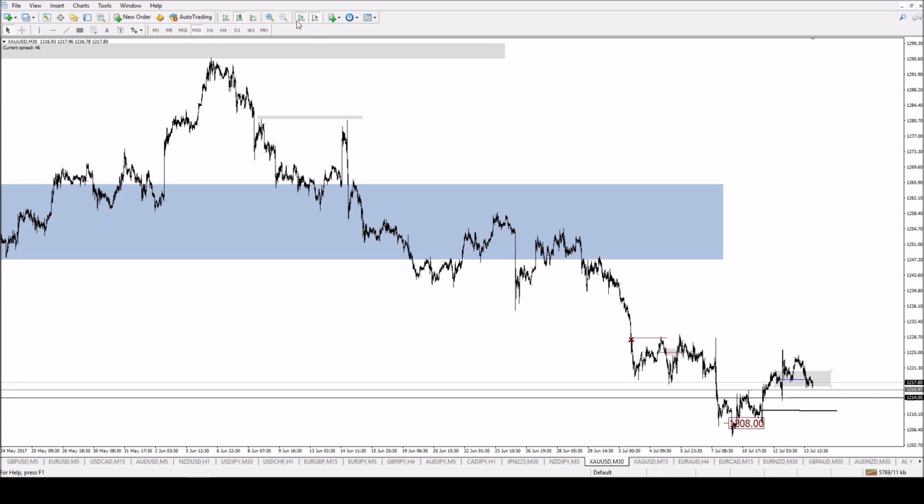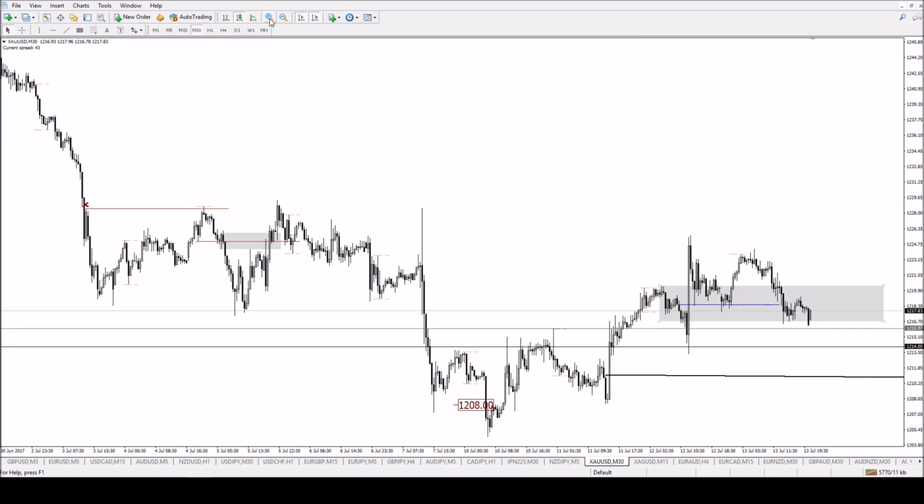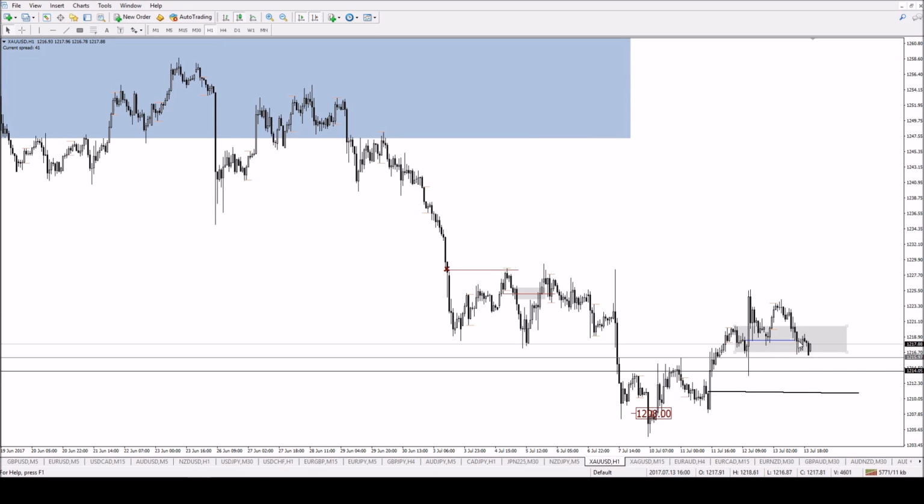So gold, if gold goes down, dollar yen usually goes up. That's just the way they work. So if this is going down, I've got dollar Swiss bullishness. I've got gold bullishness. Euro, I spoke about. Now let's look